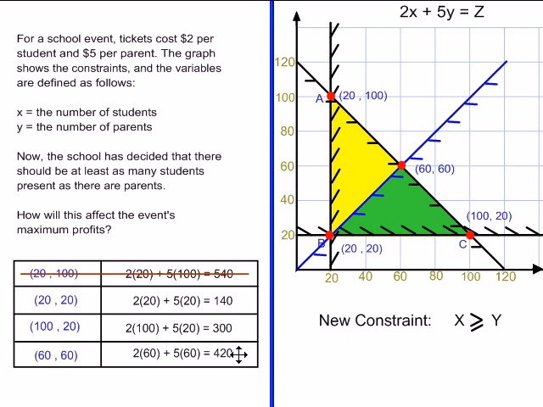The new answer to the situation is 420, but I have to be careful how I answer the question with this type of problem. The question was, how will this affect the event's maximum profits? So it's not enough to just say the maximum profits are 420. You have to say